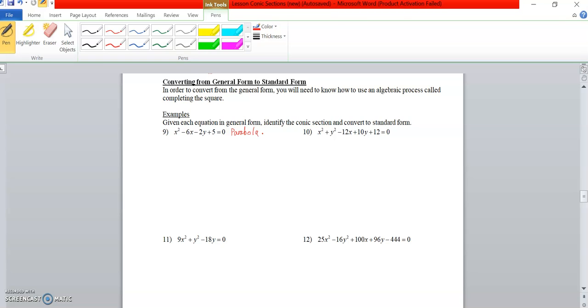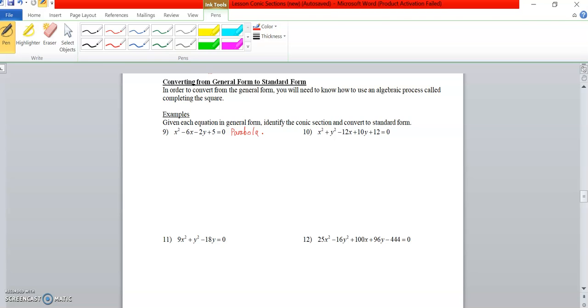And honestly, if you forget any of those general forms or standard forms, just go look back through the rest of your packet here for identifying the key features of each of these. Let's do this. So let's start by completing our squares. We only have one square to complete. We only have an x squared term. You'll see right away in number 10, and in fact the rest of these,